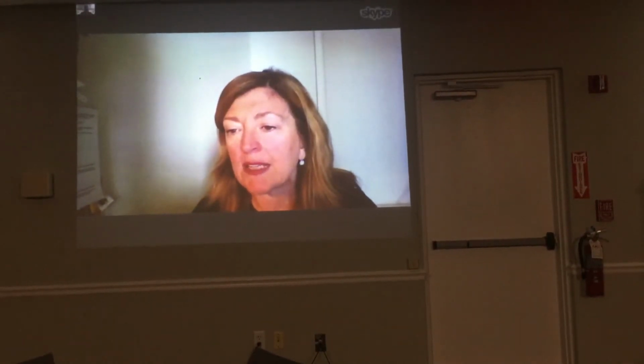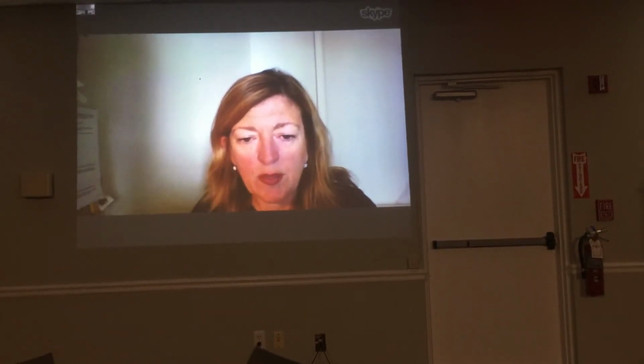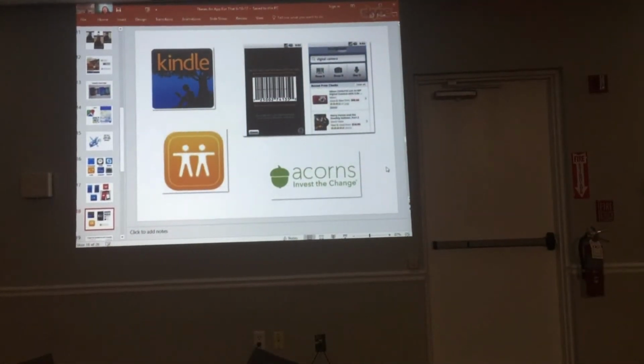So let me go back again to the screen sharing, because there's a couple of fun other apps that I want to show you. What you're seeing on this screen are 4 particular apps that I think are handy and convenient to use. The top left one is Kindle, which means you can read books on your smartphone or tablet. If you already have a Kindle account, know that you can pull those Kindle books onto your device and read them through the Kindle app.